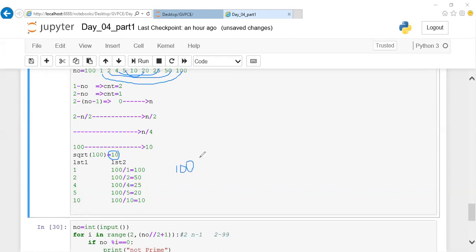100 divided by 100 gives you 1, which is the first number. 100 divided by 50 gives you 2, the next number. 100 divided by 25 gives you 4. 100 divided by 20 gives you 5. 100 divided by 10 gives you 10 again. So, whenever you're finding factors,